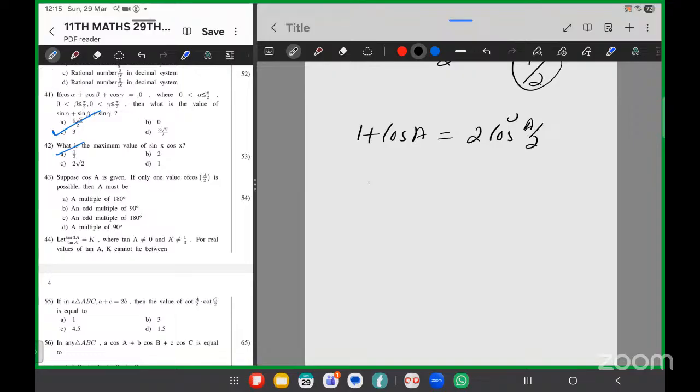So 1 plus cos A, 2 cos square A by 2. A must be